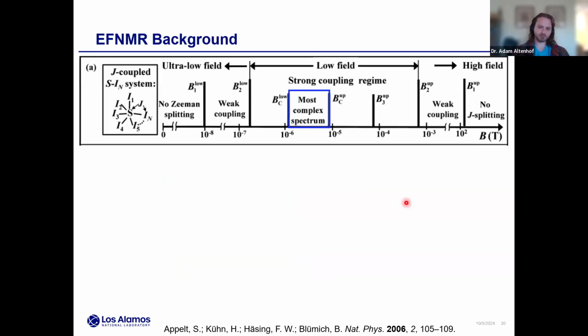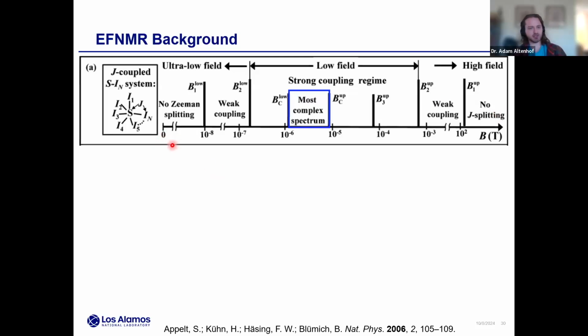Okay, so again, from the Appelt and Blümich article, they explain what's happening in these heteronuclear systems as we go from basically zero field to really high field. So some 2-spin system. When we say high field, really we're talking about anything greater than about 1 millitesla, because we're almost always going to have weak coupling between heteronuclei just from the Zeeman interaction. I think what's kind of interesting that they point out, if you go too high in field, you'll basically never measure homonuclear couplings because your line widths will be too big.